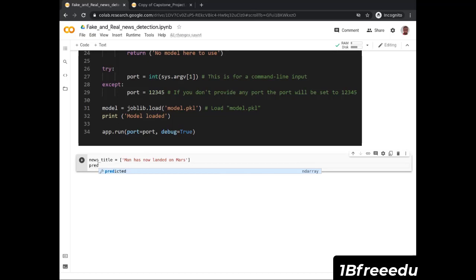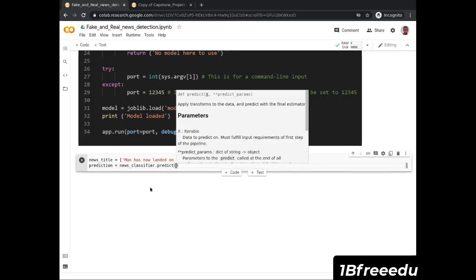So let me say prediction, that is what my model will return, equals, I call my model news classifier dot predict,